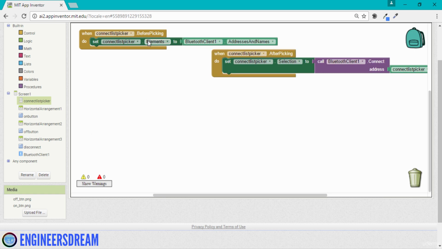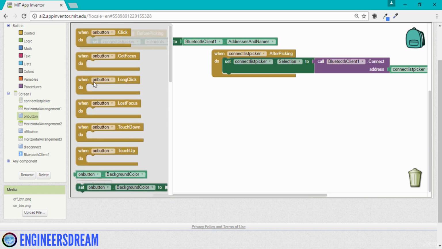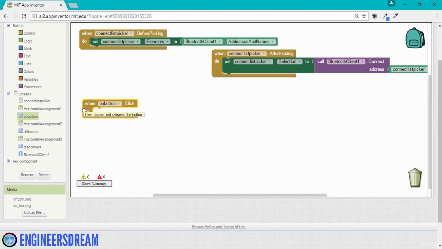Now once I've finished with the before picking and the after picking block, next I'll click on the on button, and I'll choose the first block which says when on button dot click. So before I add any block to this on button, let me explain to you the logic using which our application will work. Now when you click on the on button, we will use our smartphone's Bluetooth to send one data